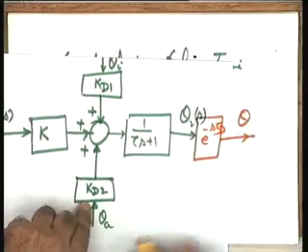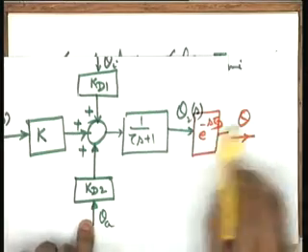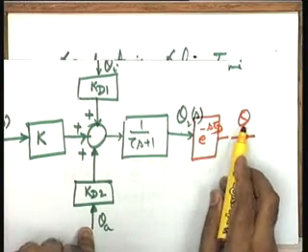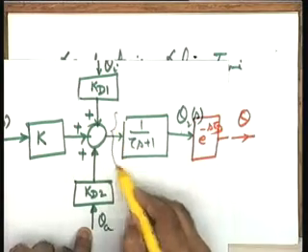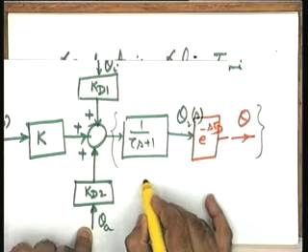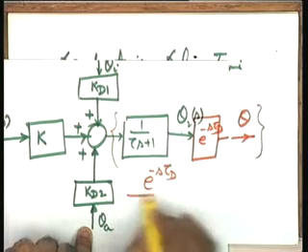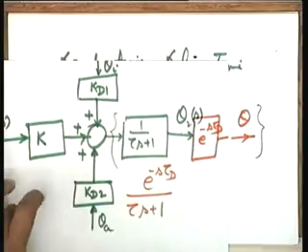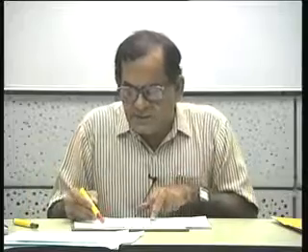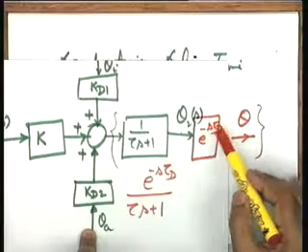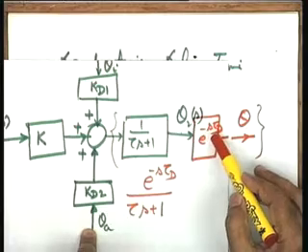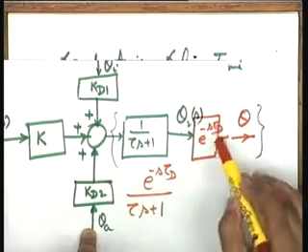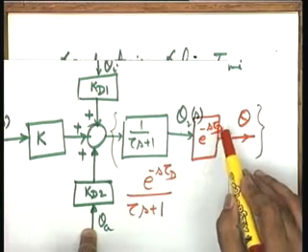This will become theta. Between theta 2 and theta I am putting another transfer function e to the power of minus s tau d, and therefore the total model from this point to this point is given by e to the power of minus s tau d over tau s plus 1. The concluding statement for today's problem I am giving is that this transportation lag or dead time is a problem for the control designer. It creates instability problems, and the control designer has to account for the problem introduced by transportation lag in the control system design.